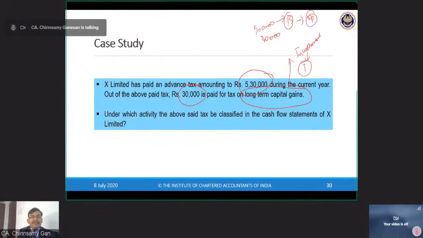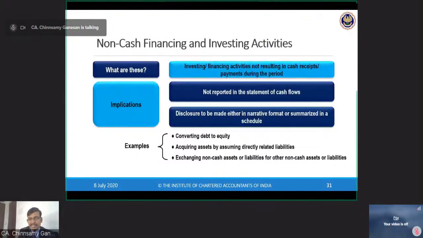Non-cash financing and investing activities don't involve any cash. We have already taken that particular item. For example, a debenture has been converted into equity. Nothing is actually a cash inflow or cash outflow. Sometimes an asset has been purchased and a debenture has been issued. So nothing is cash outflow or cash inflow. So in those circumstances, it is considered a non-cash item and accordingly not reported in the cash flow statement. But what it says is that the narrative should be summarized in a schedule, normally in the notes to accounts. In the notes to accounts, you are,